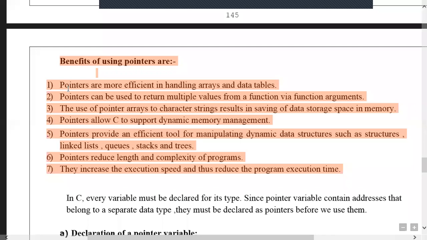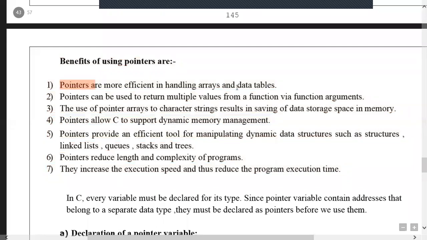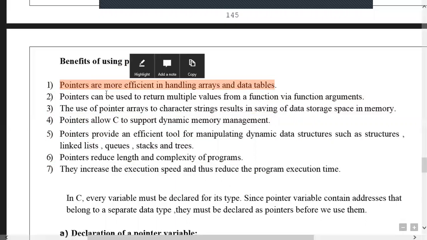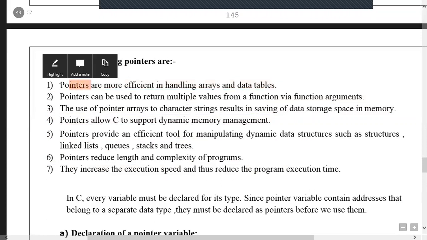To explain all these 7 points we need to have a lot of discussion. It is not possible here, and it is not in the syllabus also. The advantages of the pointer are not in the syllabus, but I have seen that two times or one time he asked in the same examinations, what is the advantage of pointer and what is the benefit of the pointer. Just to go through the points, we cannot explain in detail because for each point we need one class, or we have to take 2 classes. So let me explain the first point.